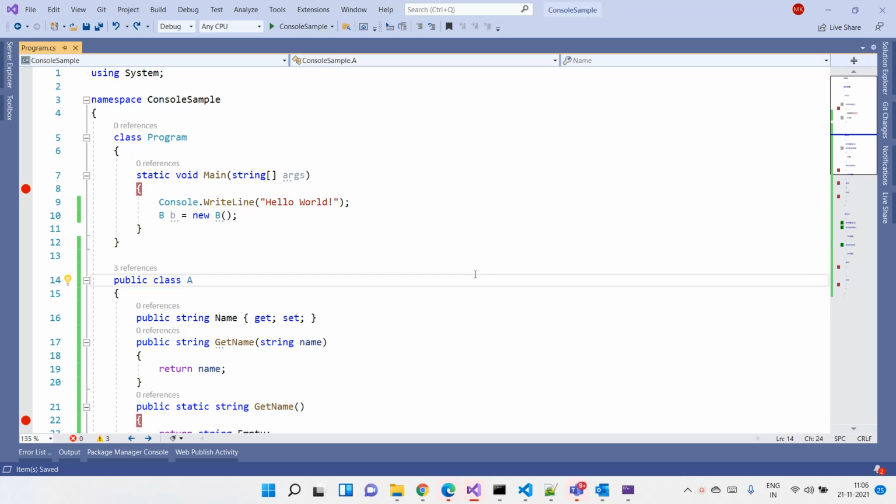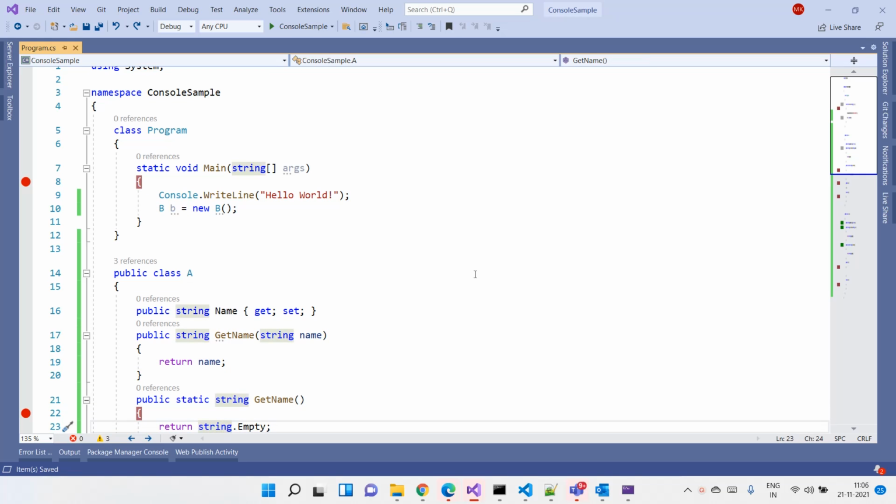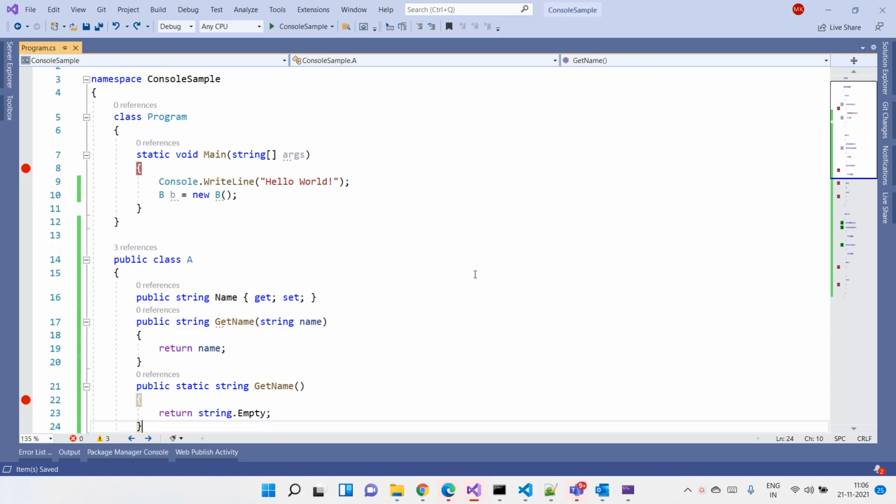When you use inheritance, what will be the flow of the constructors, and we will understand how we can use the new keyword to hide the base class members in your derived class, and we will understand the flow when we create the object of the derived class. So what will be the flow of the static constructors and the normal constructor?